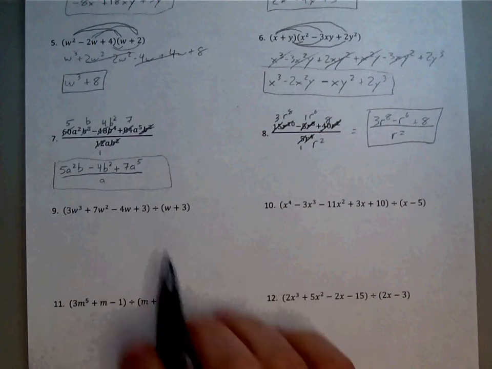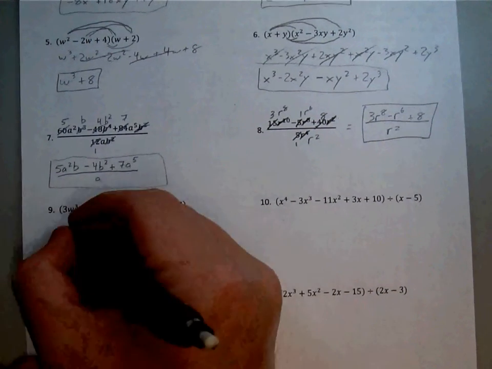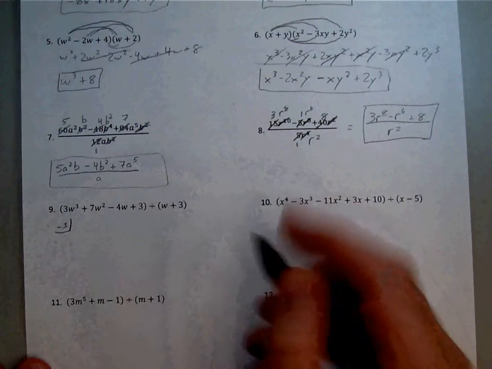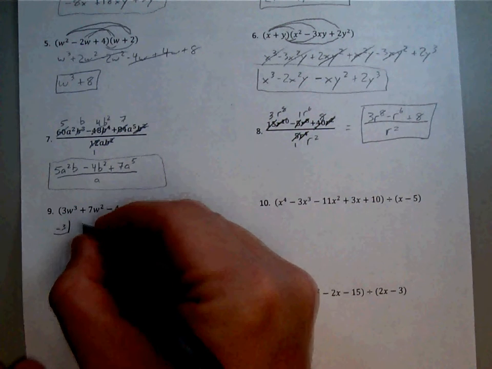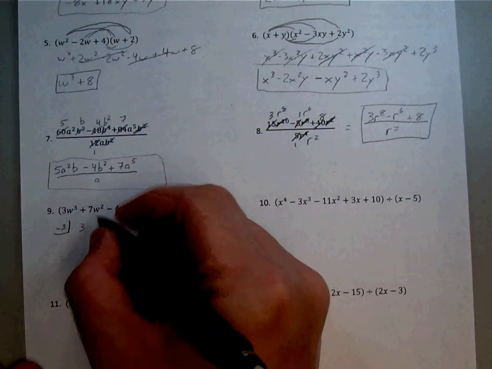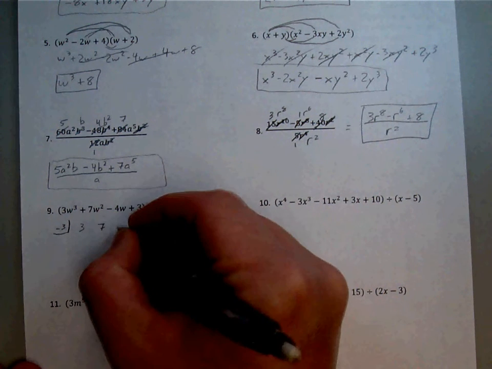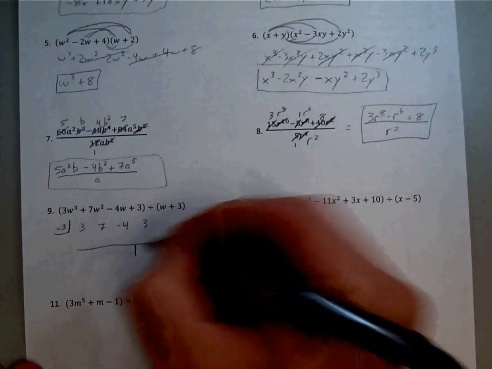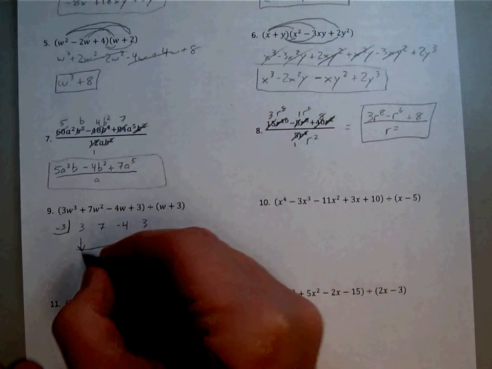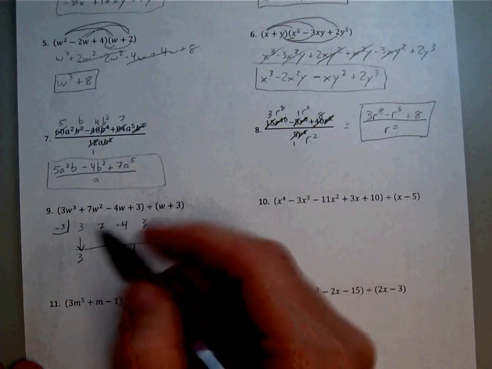It's division. Looks like I can use synthetic division here, so I will. So if we have w plus 3, I would take a -3 in my box. My coefficients: 3, w squared has a 7, w has a -4, my constant is 3. There were no missing terms, so no zeros. Drop your first coefficient down, you get 3, multiply it by the number in the box to